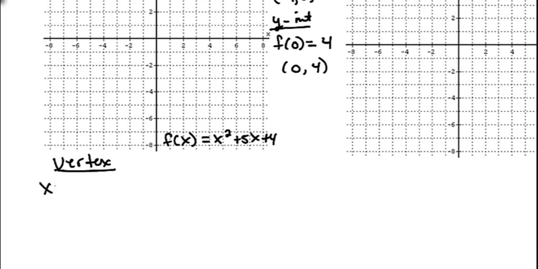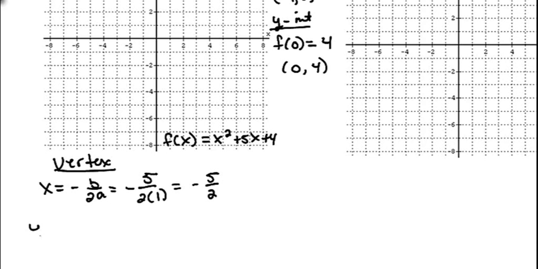The x-coordinate of our vertex, again, is at -b/2a, so that's a negative. Our b is the number right in front of x, so that's 5. And then 2 times a, and our a is 1, the number right in front of x squared. So we get -5/2